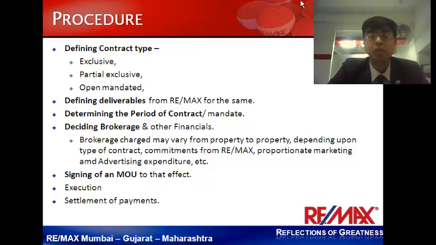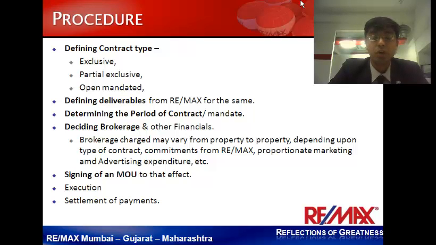The brokerage charge may vary from property to property depending upon type of contract, commitments, proportionate marketing and advertising expenditure, etc. You have to be very clear as to what type and amount of brokerage you are going to get from the individual seller, and based on that you sign a small document which gives you a fee confirmation, a confirmation of the amount of money involved, and based on that you start work on the property transaction, and then look at settlement of